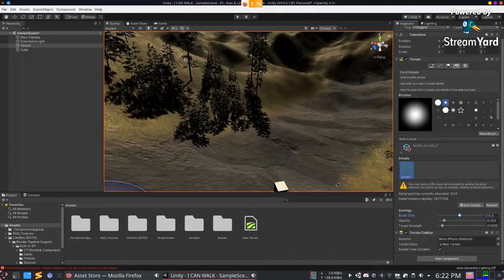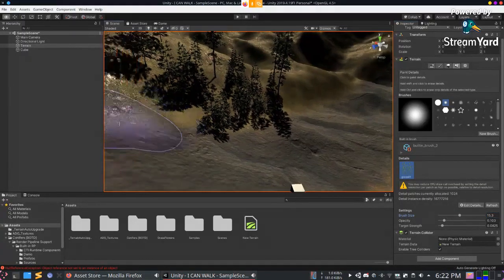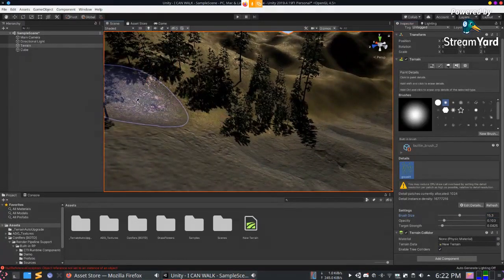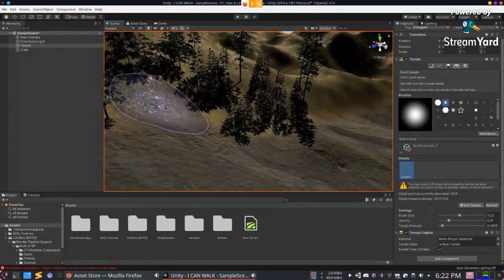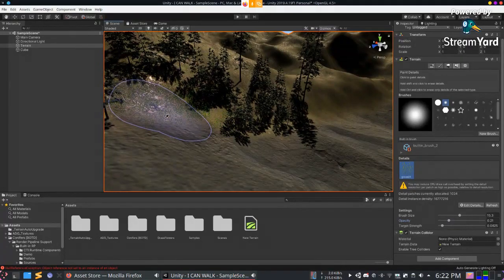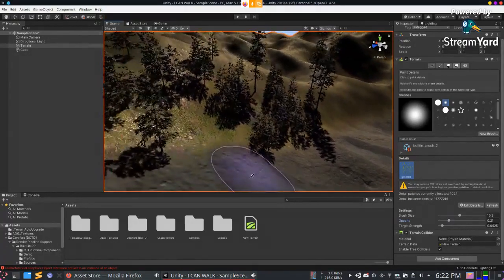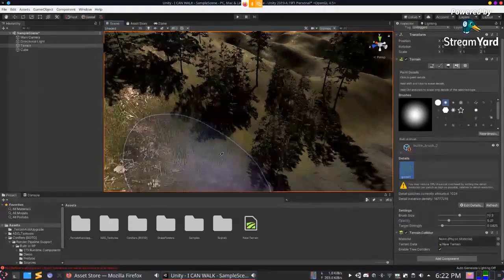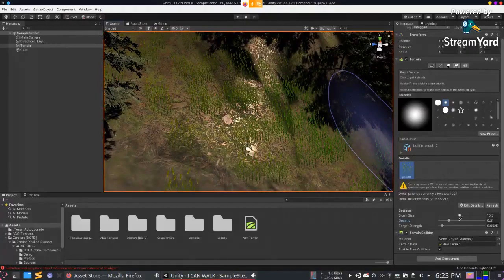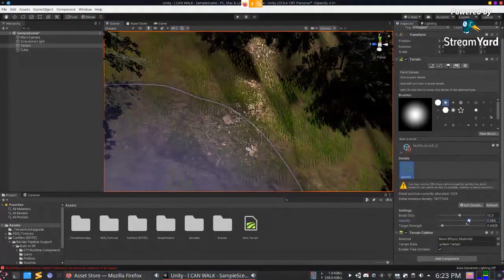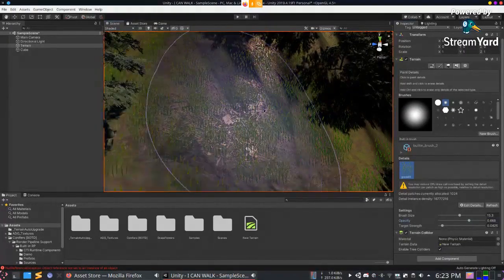That was way too severe. Yes, you can see grass is being added to the side of the road. Too less of an opacity. Grasses usually are used in abundance.